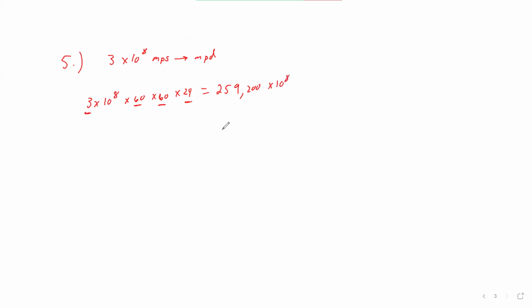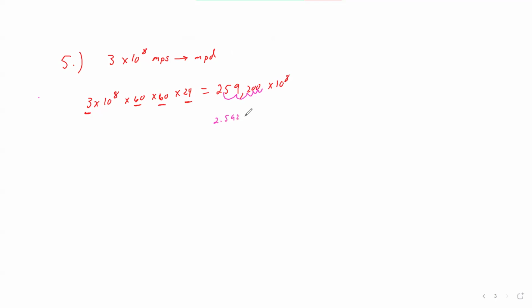And so now this is wrong. So what do I have to do to fix it? Because I want the number to be between 1 and 10. So I want to go 1, 2, 3, 4, 5 numbers over. So now I get